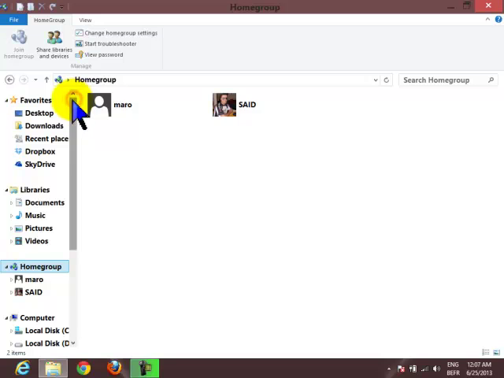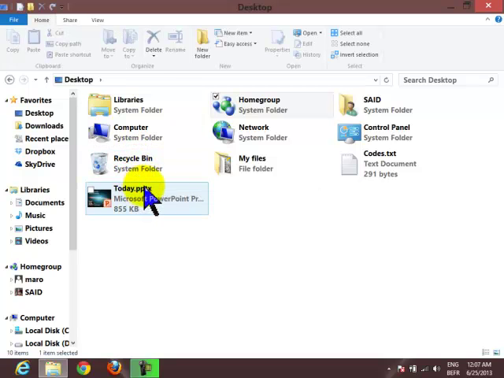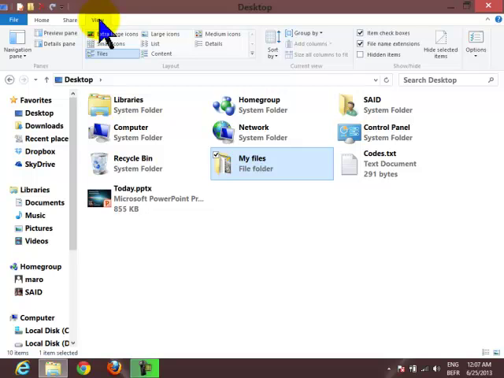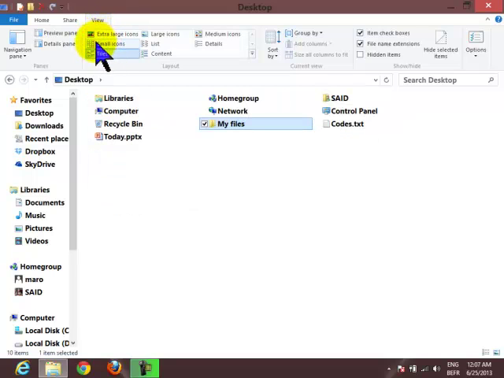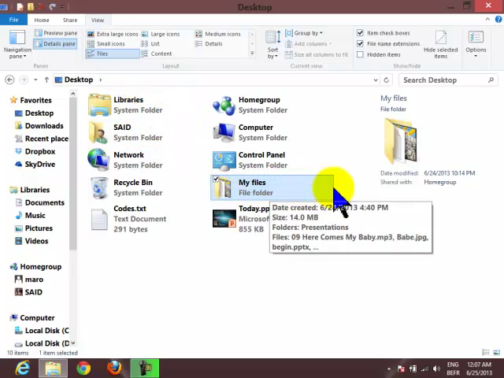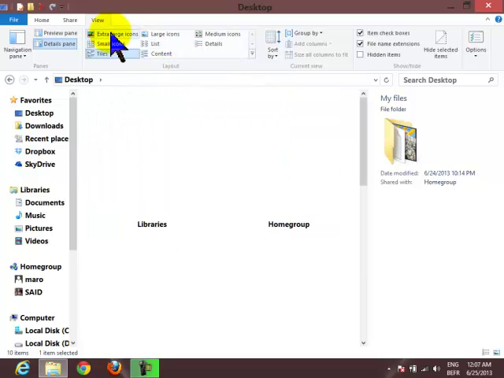So just keep in mind that this is possible from the File Explorer. As I mentioned before, I go to the desktop, my files, this is the folder, give it one click, and as you can see here on the top, before we go into the share view, I want to change the view. I want to select the detail pane, because I want you to see, as you can see here, that folder is already shared with home group. So if I want to stop the sharing, all I need to do is go into the share tab,